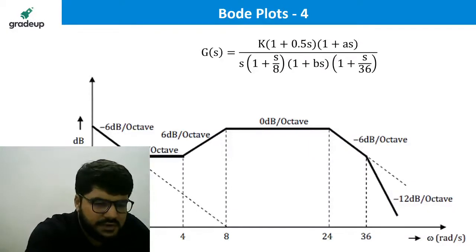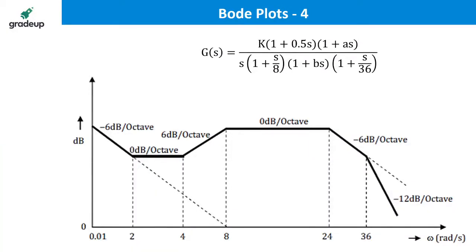Okay, so we can refer to this diagram once again to solve this. Whatever is given, let us exclude that, and focus only on what is required. Just look at the mapping. 1 plus 0.5s means there should be a corner frequency at 2, which is the corner frequency of the zero. So this is given here. Because the corner frequency omega is 1 upon T, that you must remember. So 1 upon 0.5 is 2, that is known.